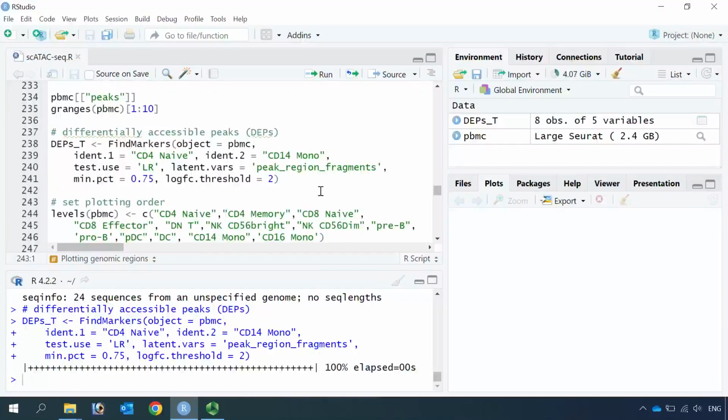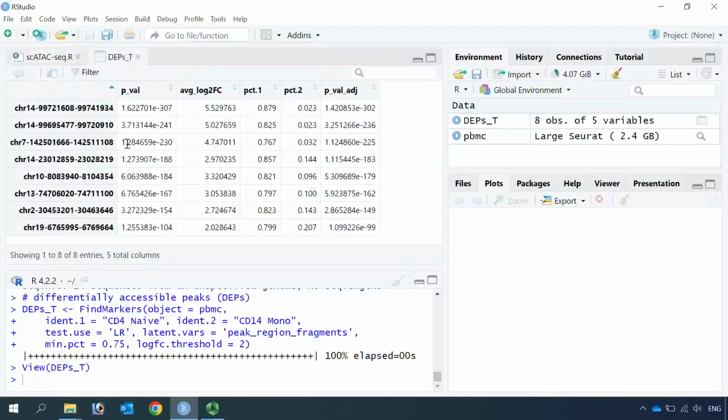You can see that's very quick. We only find 8 peaks that match our criteria. Let's have a look at the 8 peaks. You can see here are the peaks, p-value, log FC, percentage expression in the T-cell cluster, the percentage expression in the monocyte cluster, and the adjusted p-value. Now we can use the peak name to plot the genomic regions. For example, we are going to use the first peak. We just need to copy this peak